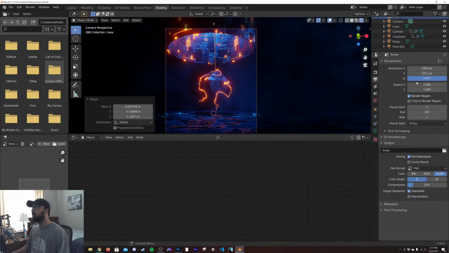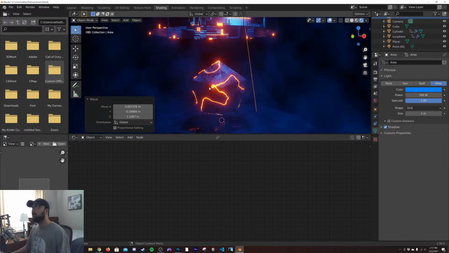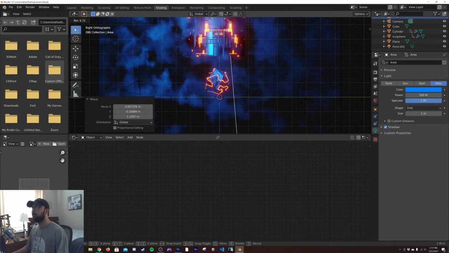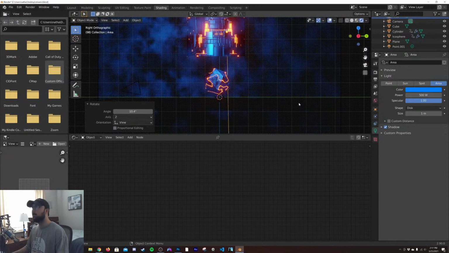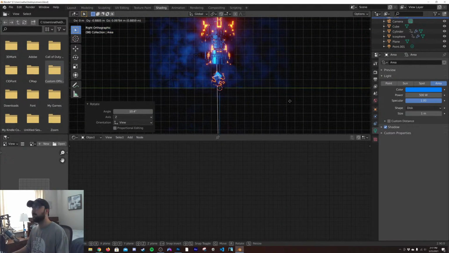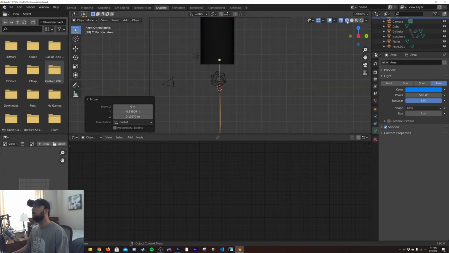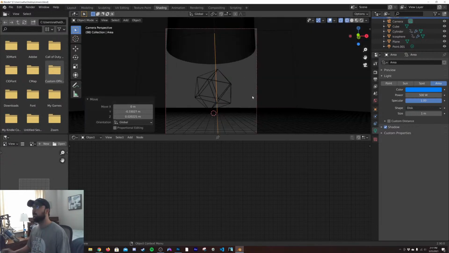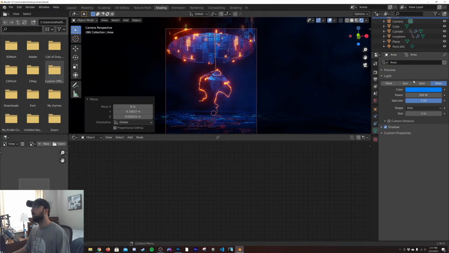Let's bring that area light up. And then go to the right view, rotate it. Oh, where is he even located? He's not even in the center. Is he? Let's go wireframe. All right, like that. Cool. And then we'll make that power of like 2,000.